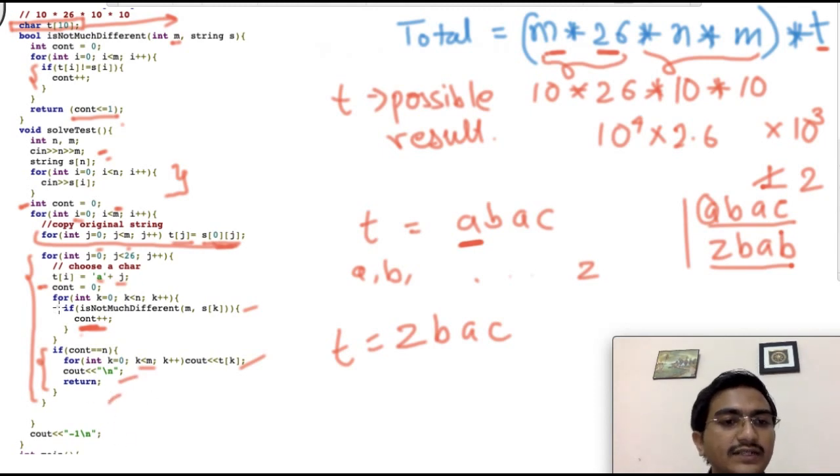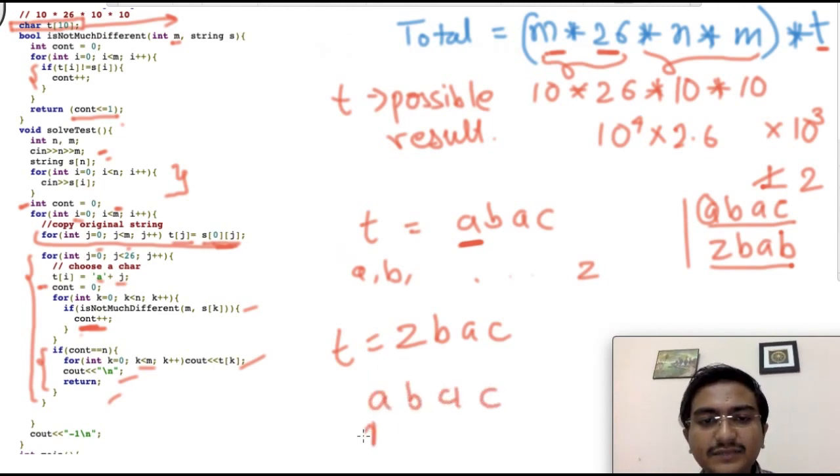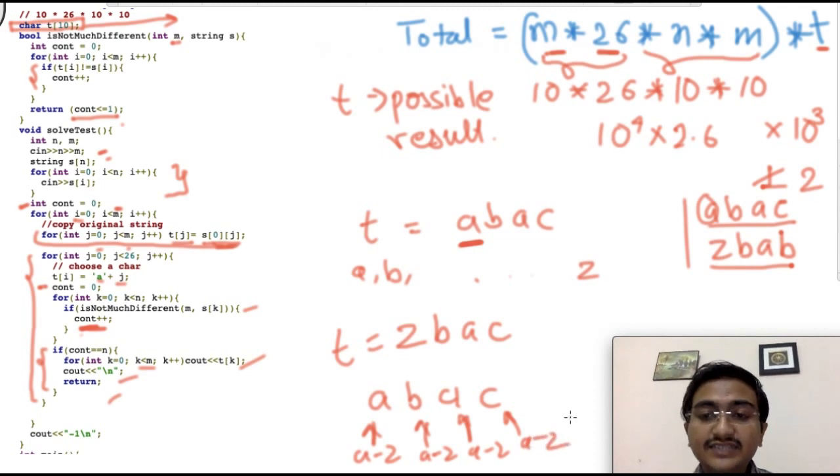And then if you don't get any such answer, it means you iterated all the possible combinations: abac, you replaced this with a to z, this with a to z, this with a to z, and this with a to z, and you didn't find any such string which is congruent to all the other strings, right? Then the answer will be -1. You cannot generate a resultant string which does not differ from the first string by at max one position, right? So that was easy, right?